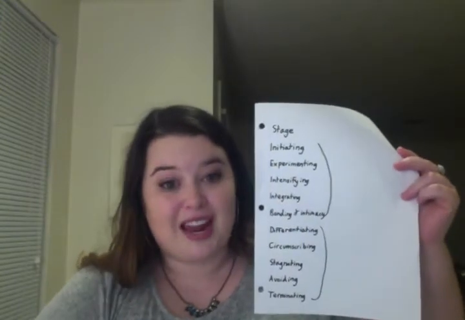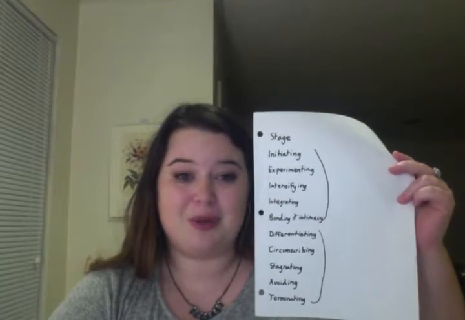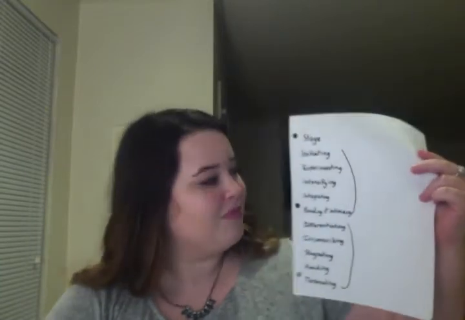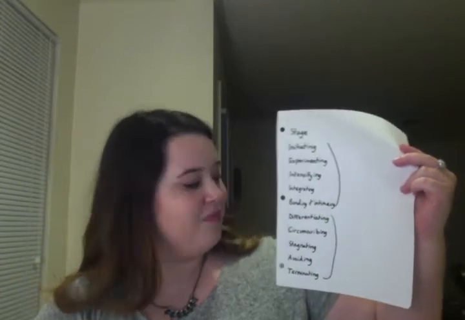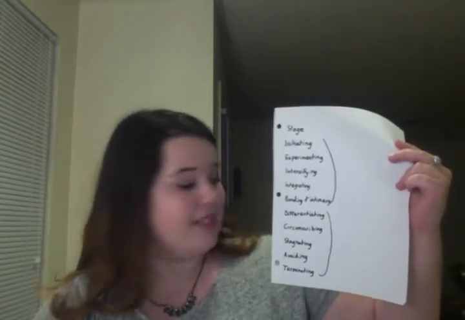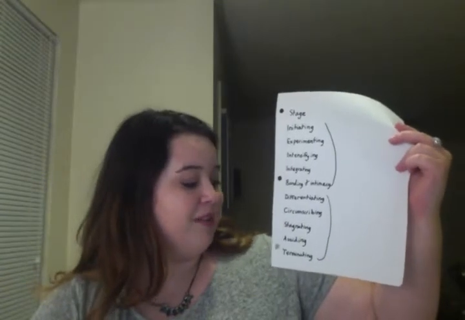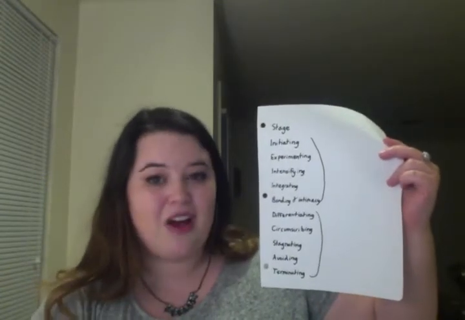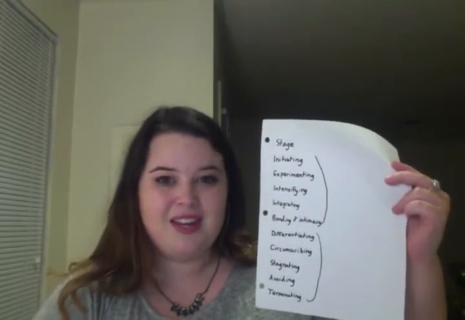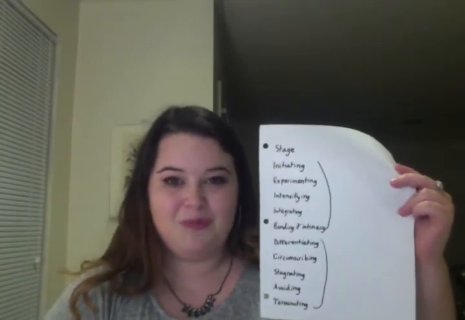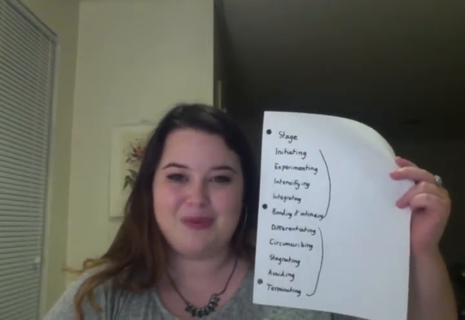Now, the first stage is initiating, and then going to experimenting, then intensifying, integrating, bonding and intimacy, differentiating, circumscribing, stagnating, avoiding, and finally, termination. Now that we have an overview of the different stages, I'm going to talk in depth about what each one